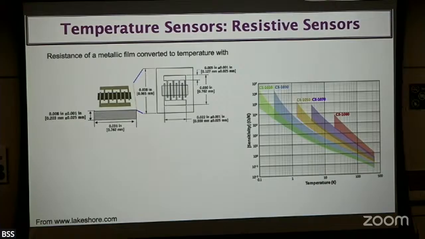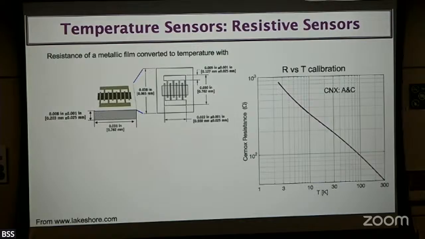So this is again copied from Lakeshore, but we never trust it. The company said this will be the range of each model, but we do our own calibration. And you can see from here, below 30 Kelvin, the resistance is changing almost exponentially. And some people might be able to see one red broken line and a blue line on top of it. That's the thermometer pair we're using together, measuring hot and cold, and they have very, very similar temperature dependence.